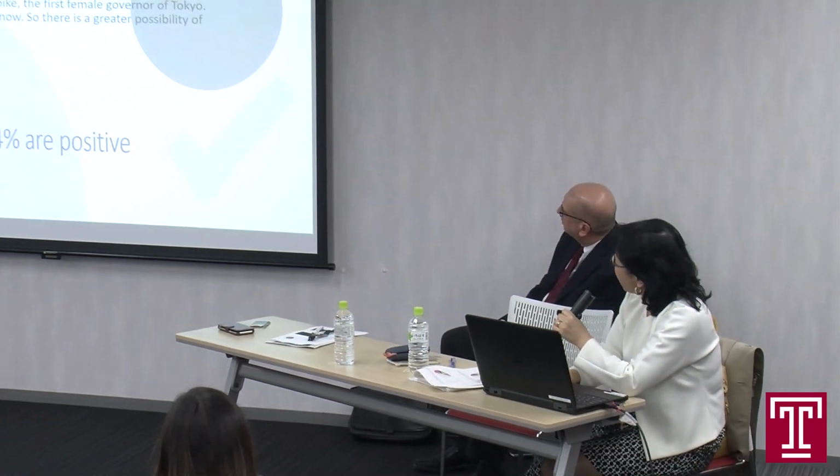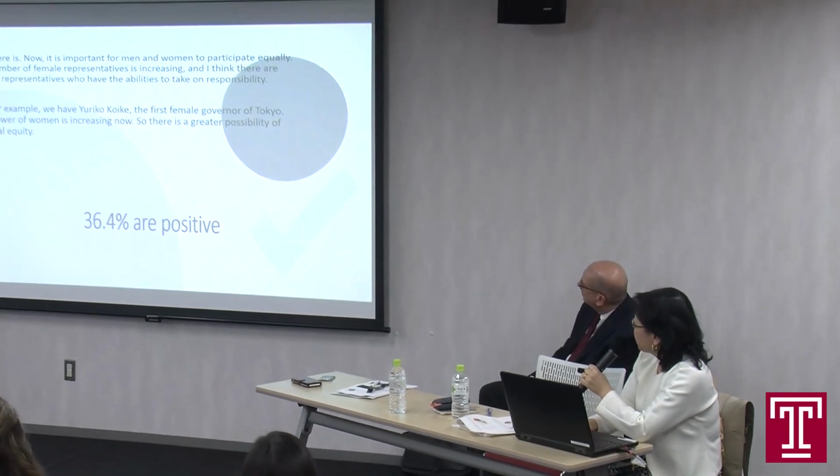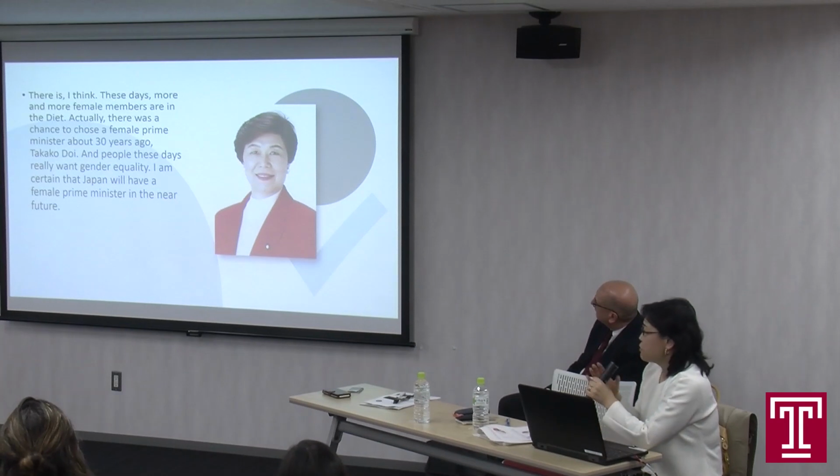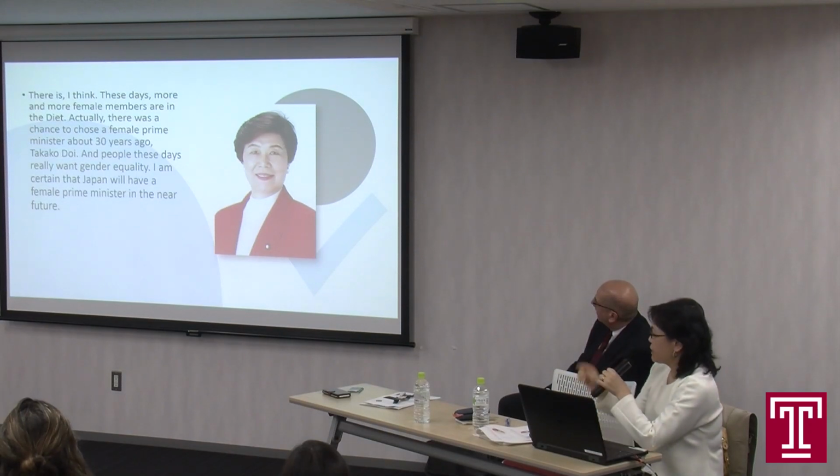But then again, 4% are positive about the idea of a female prime minister. And we have Yuriko Koike, the first female governor of Tokyo. The power of women is increasing, so there is a great possibility of political equity. And there was a very interesting opinion by a freshman student, and actually that was she, and